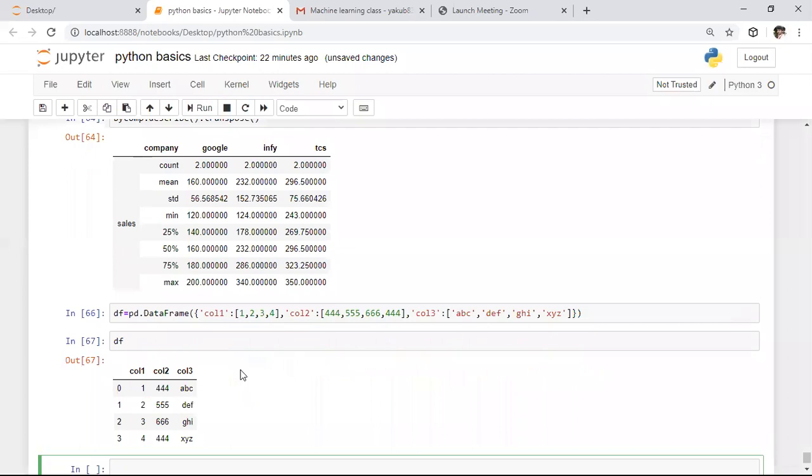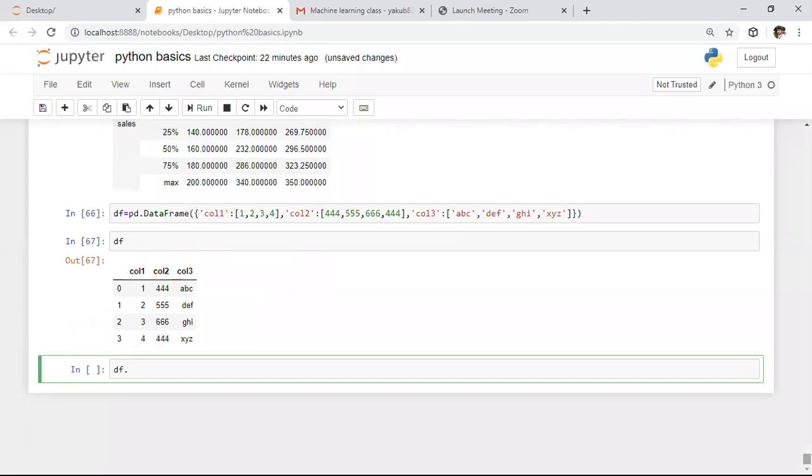After creating this data frame, what do we need to do? Here I want to get the top 5 rows present in this data frame. This is the data frame created by me. In this data frame, in a specific column, I want to know all the unique values. To access the unique values present in any column, we have the unique function. Unique is a function which is used to access the distinct values present in a specific column. In which column do I want to access the unique values? From column 2, I want to access all the unique values. So here I am specifying the column name. Column 2 is nothing but this column, and I'm running this portion.